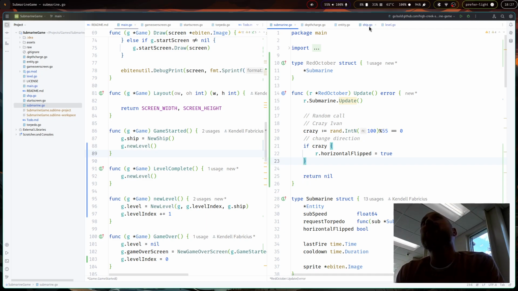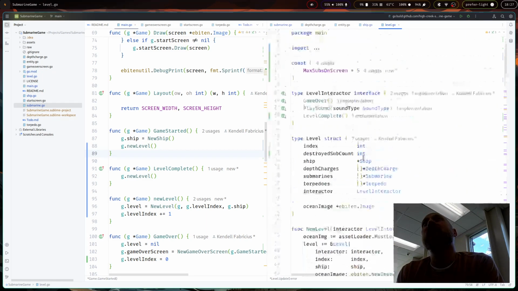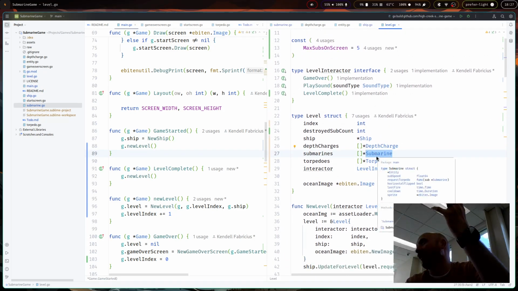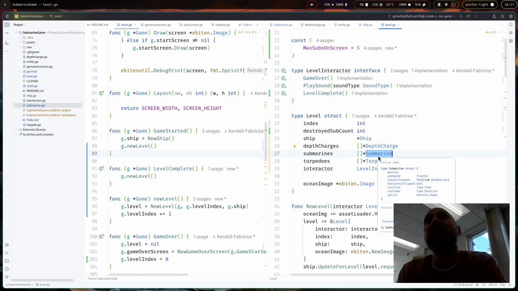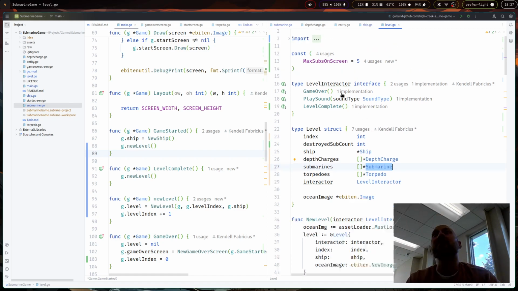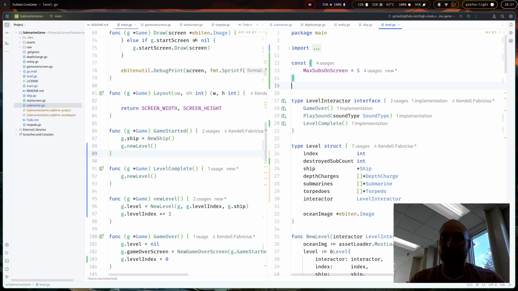Yeah, and then the question is, now your level is not just storing submarines, because you've got a Crazy Ivan and you want to be able to run that. Then you'd probably have some sort of type. Like you could just have